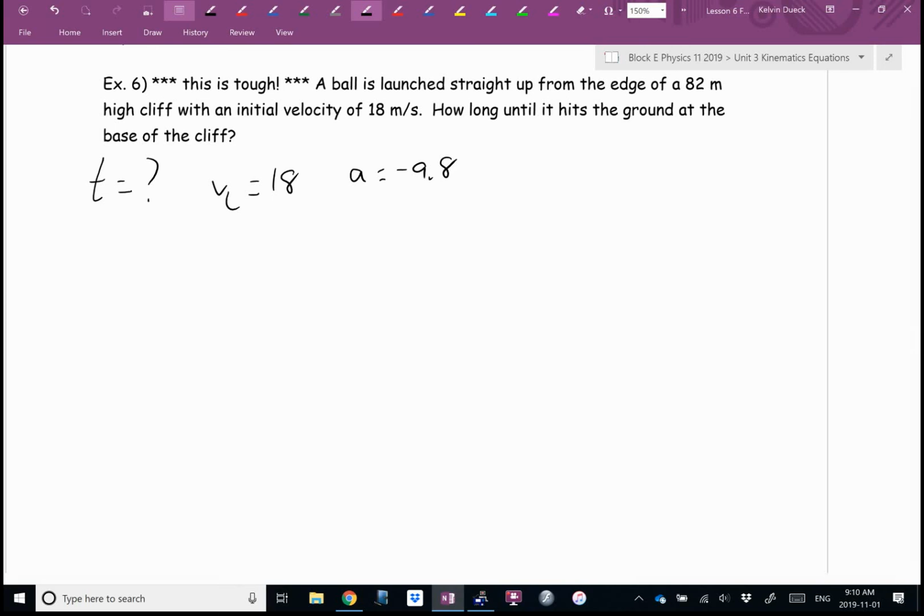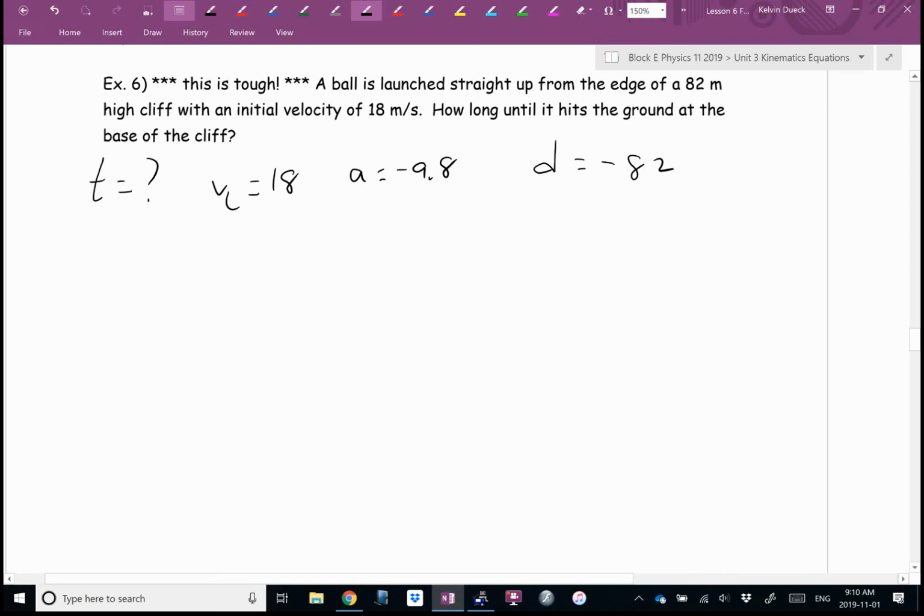I read your lips. Are we ending up above or below from where we started? So I'm telling you, the displacement is negative. We ended up below from where we started. That's the first mini curveball in this question. If you miss that, you might get an error on your calculator and it'll tell you that you've made a mistake because you'll have told the universe you're accelerating down but ended up above from where you started from. Okay.